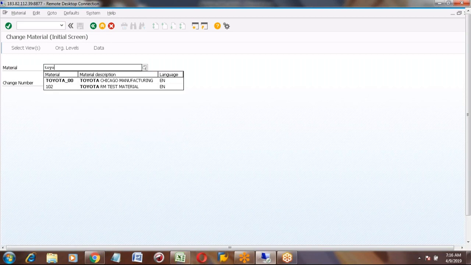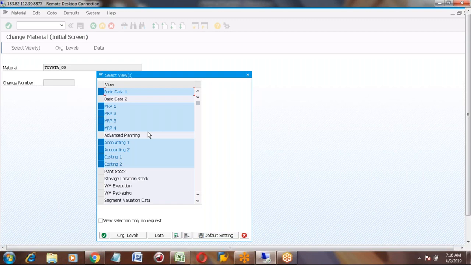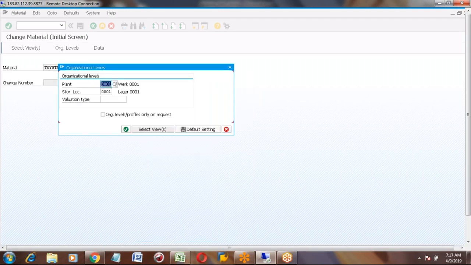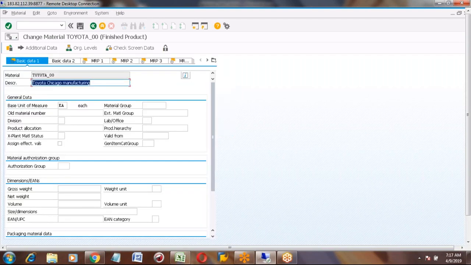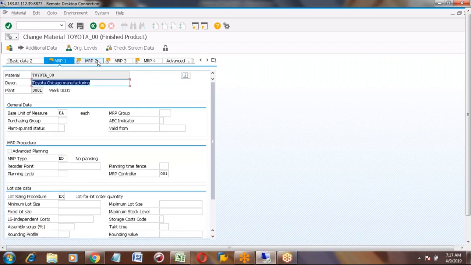Yeah, right there, this one. Just enter it. And then enter again, and again. Same plant. Yes. One more, enter again, please. Okay, MRP. If you go to accounting,